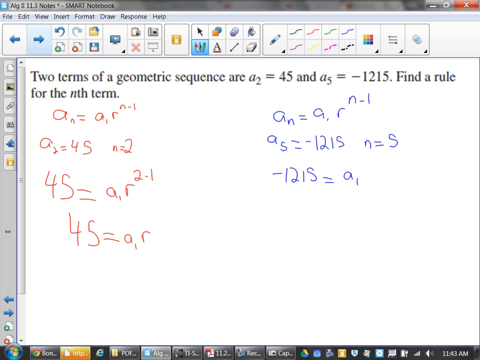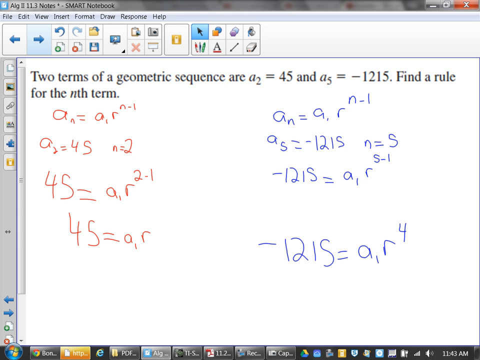I don't know what the first term is. I don't know the rate, but I know that it's n minus 1. So you get what? 4. So now I have two equations with two variables,